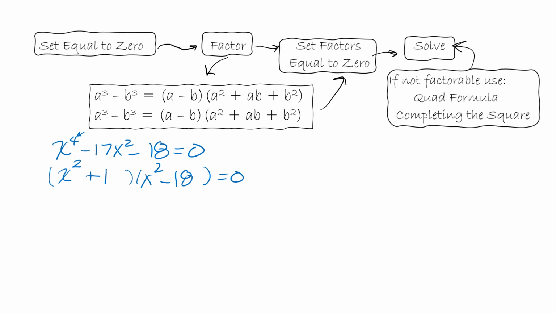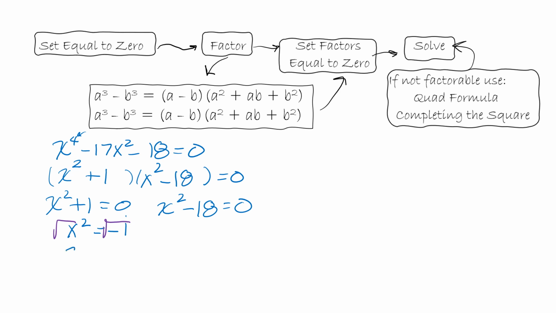So that's factored, and it's factored as far as it can go. So we're going to take our factors and set them equal to 0. So x squared, if I subtract 1, is negative 1. And if I take the square root of both sides,